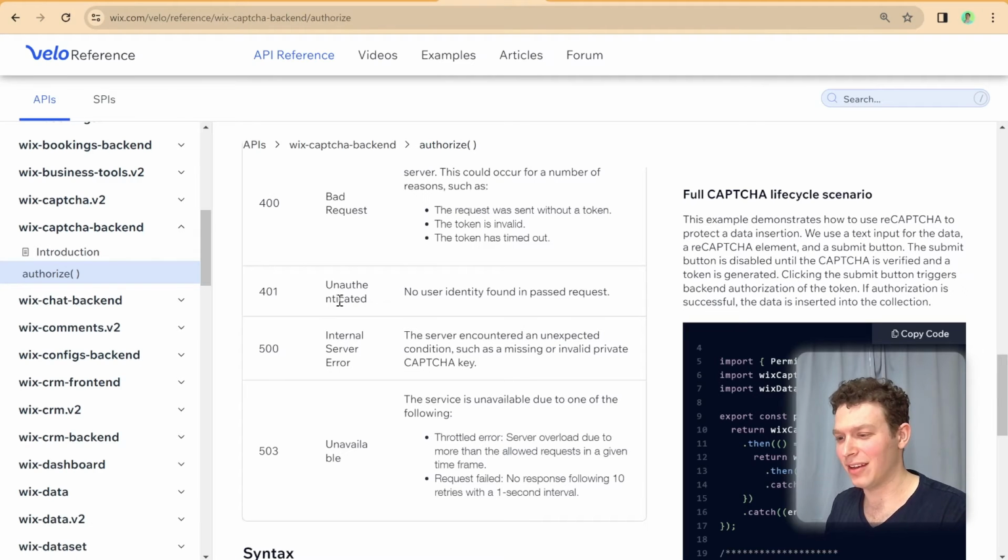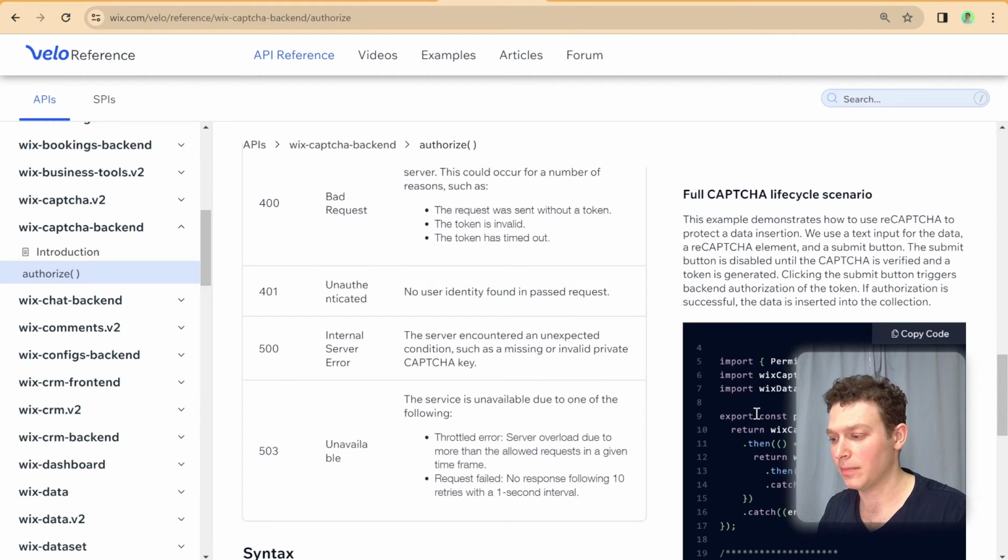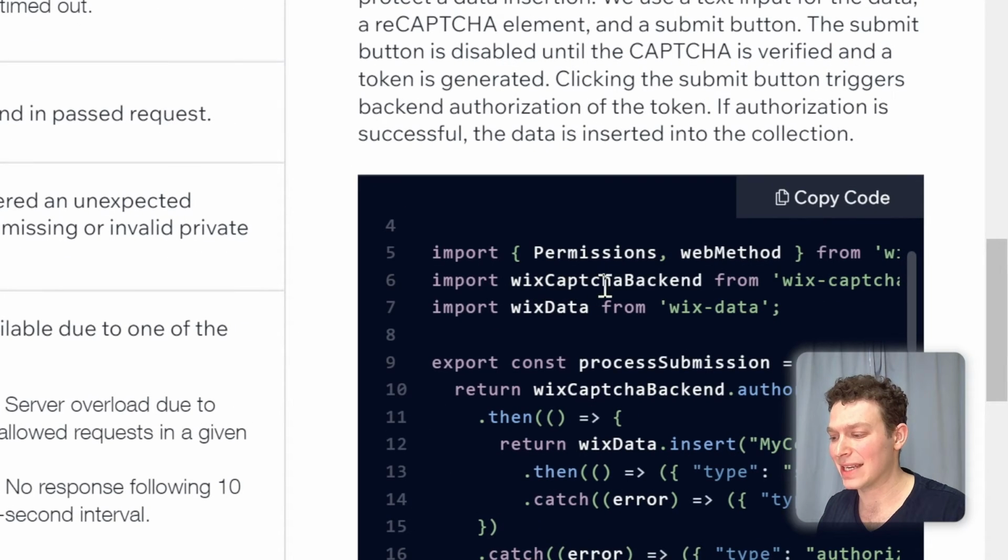Okay, so I'm back and I've made some progress. Because there wasn't much indication as to what this 401 error might be and how to actually deal with it, as opposed to the other errors, which did have a little bit of an explanation, I went ahead and just tried to read the documentation a little more. And I did notice that there was a discrepancy here between this documentation, where it says to import Wix Captcha